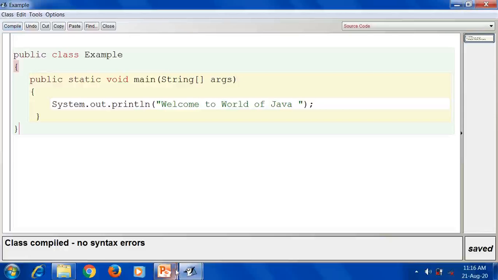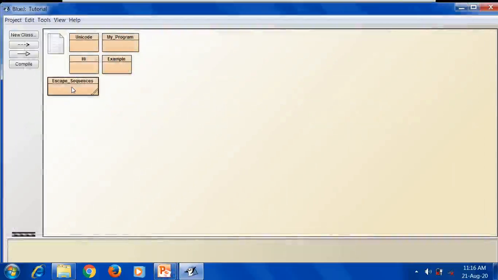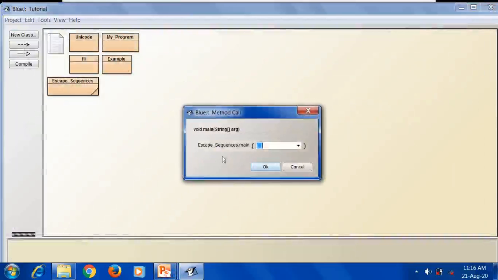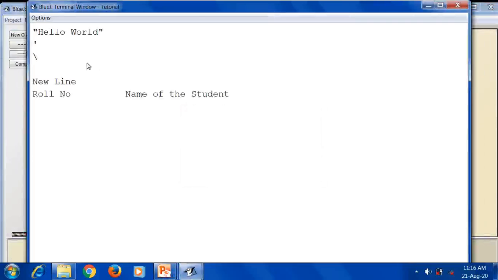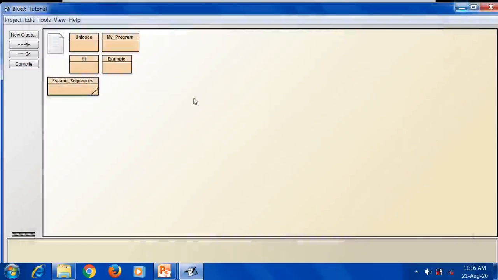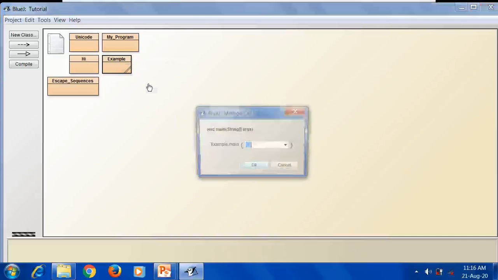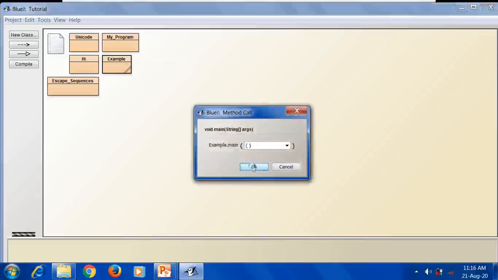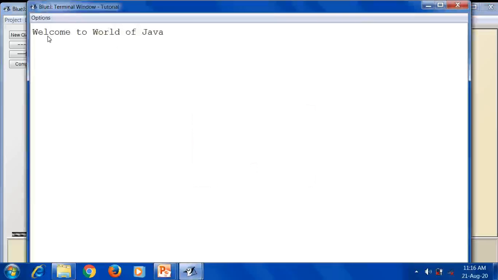We don't have any errors, so no syntax errors. First let me execute this. Choose void main and click on the OK button. Let me clear this screen. Now we are getting welcome to world of Java.